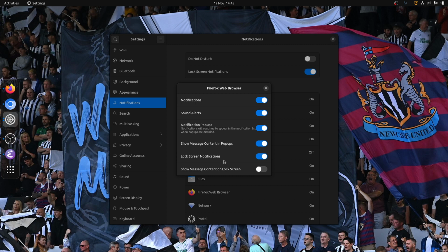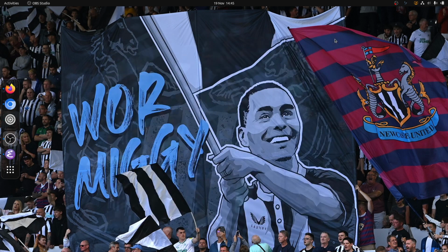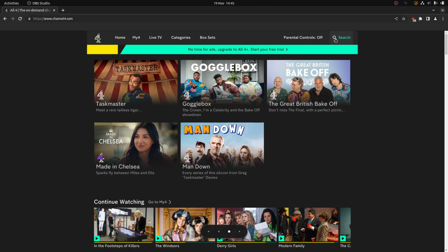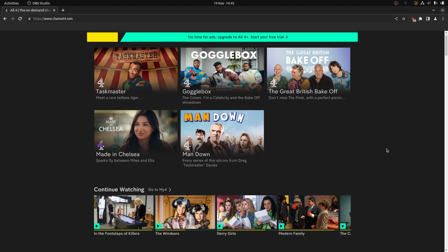But I just wanted to show you where the actual notifications were and some of the options you can turn on and off. So if the messages aren't showing up like the actual text, make sure show message content in pop-ups is available. So that's just something I wanted to show you on the pop-up side. But what I want to show you here is